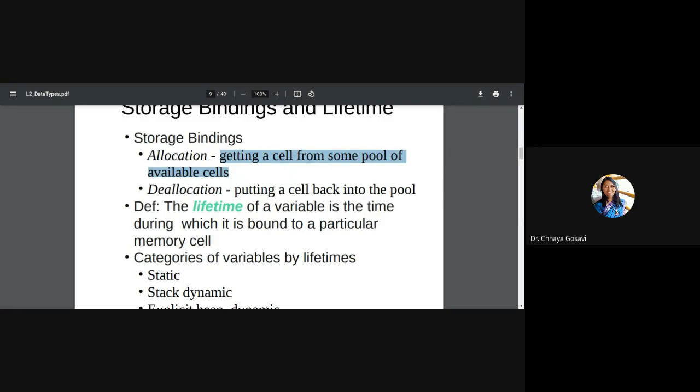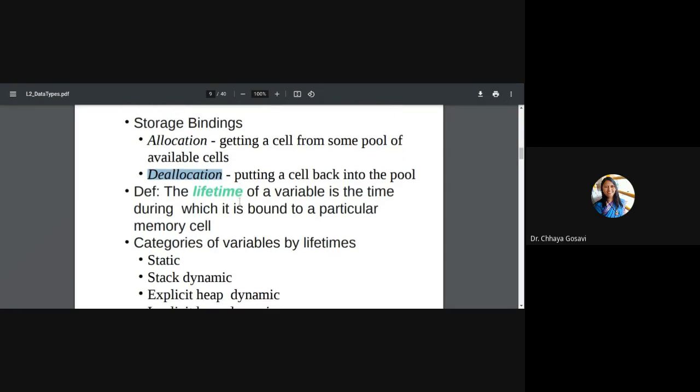Cells are memory locations. And when you allocate memory to a variable, it will take a particular cell, depending upon the number of bytes for that variable, from that pool or array of memory locations. And when you deallocate, you are releasing the memory you previously allocated, which means putting those cells back into the pool. The pool is the available memory locations. So allocation allocates those cells to the variable, and deallocation frees those cells, which become available for different memory allocations.